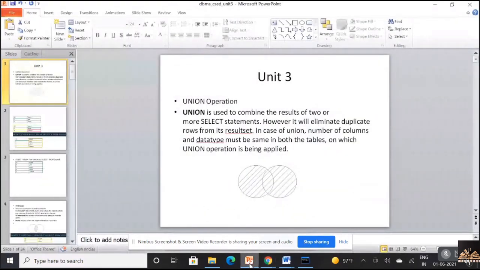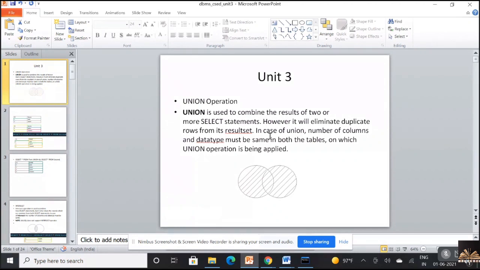Okay. We'll be starting off with the set operators. The first one is the union operation. All of you know what union is used for. I've already covered that in relational algebra, but this we are going to work with in MySQL.